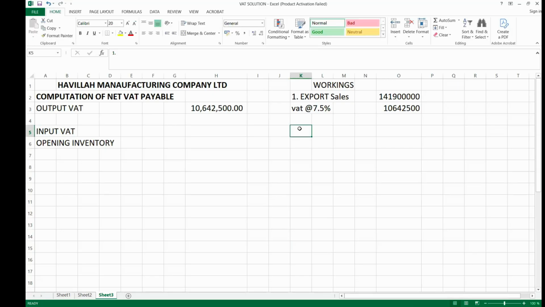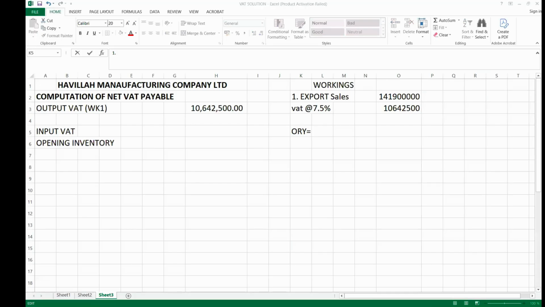So working 2. Output VAT, you put in front that this amount is from working 1. Opening inventory, working 2. Our opening inventory will be equal to, from the question,